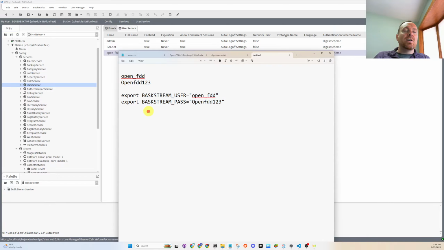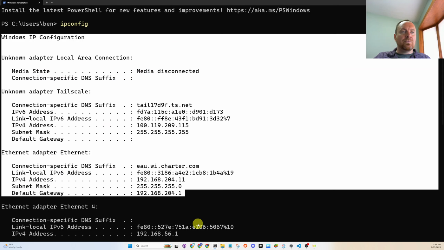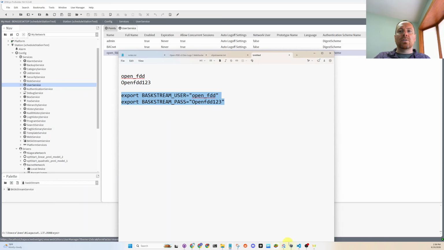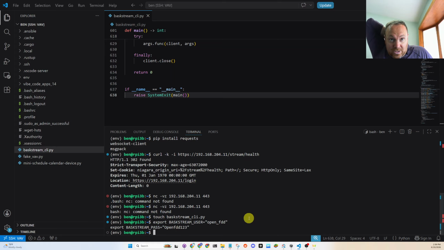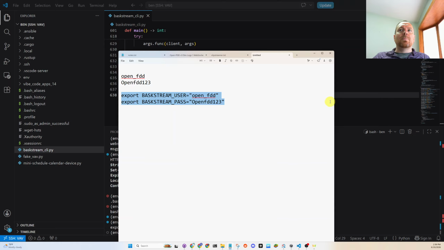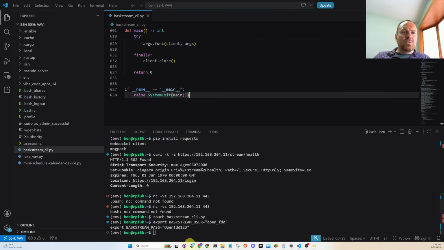Okay, so I'm going to drop these into Bash, and these are environmental variables. They're variables that the operating system can see until you reboot. Then they'll be deleted, but they're just temporary variables in memory. So I'm going to close PowerShell, then go back to Linux on the Raspberry Pi and drop these in. These will be saved variables in memory for the operating system for the login, and then I should be able to use